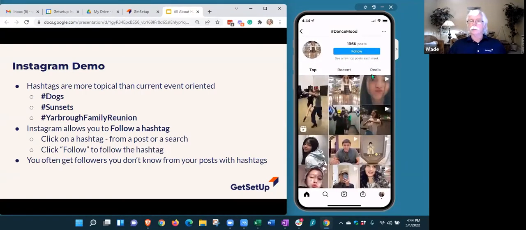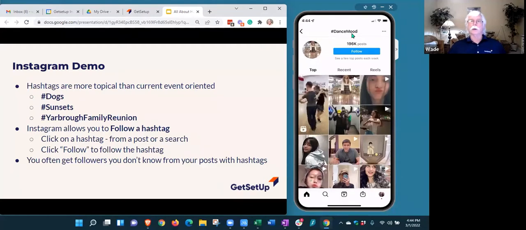Now, something else unique to Instagram is that you can actually follow a hashtag. If you follow a hashtag, it's like following a person or an organization. Instagram's algorithm will put some posts that were made to hashtag dance mood in my feed automatically, so I don't have to come here and look.